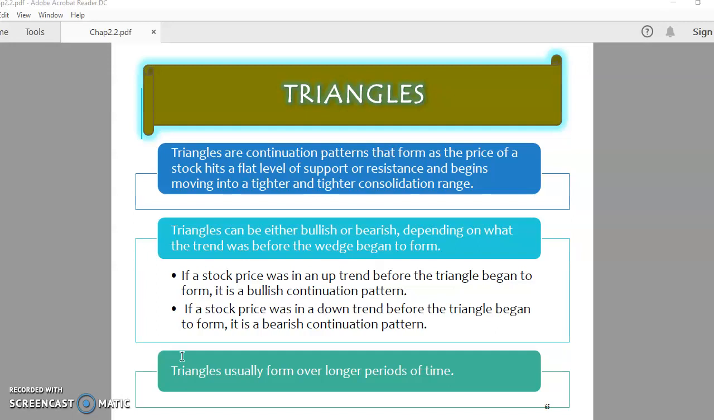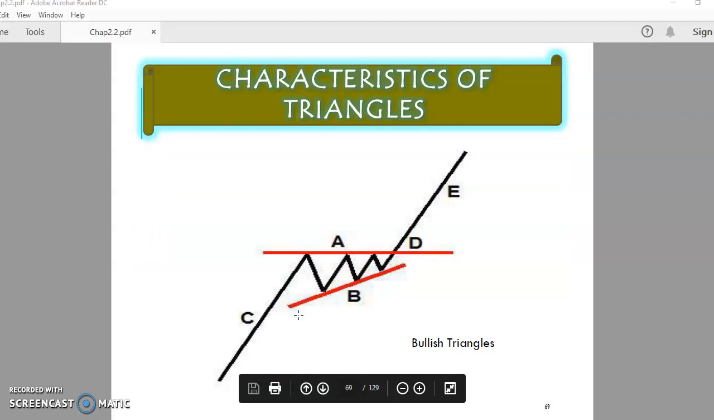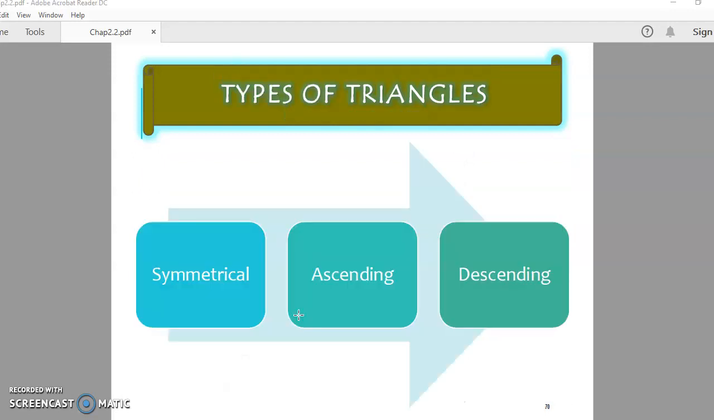Okay, triangle is another continuation pattern that forms as the price of a stock hits a flat level of support or resistance and begins moving into a tighter consolidation range. So what are the differences between triangles and pennants? They look almost similar, but what makes the difference is the duration or the time frame during the formation of the patterns. Okay, for triangles, we have three different types of triangle, which are symmetrical triangle, ascending triangle, and